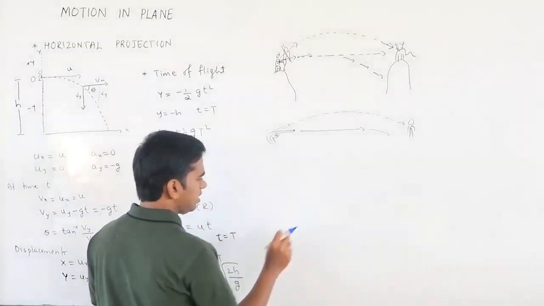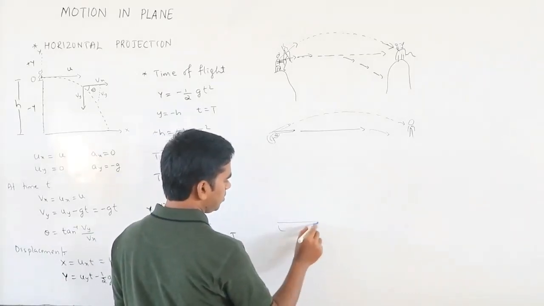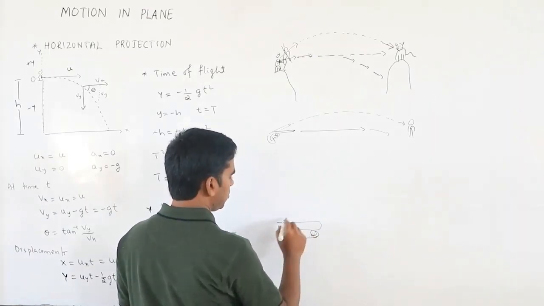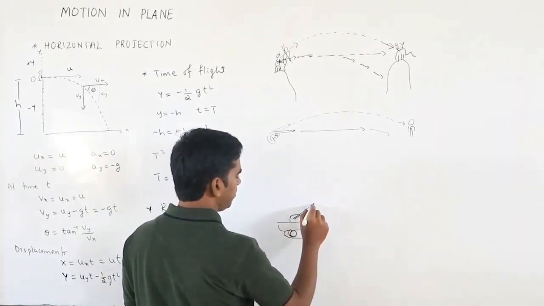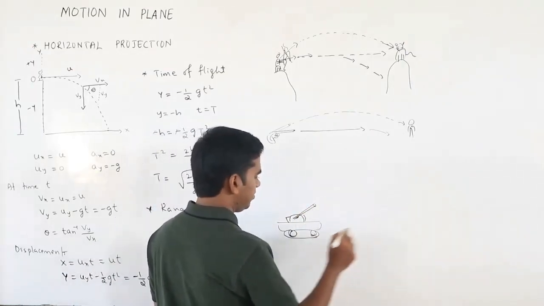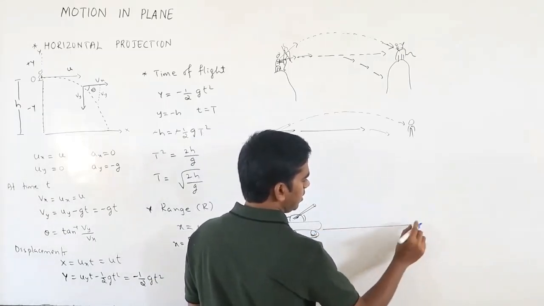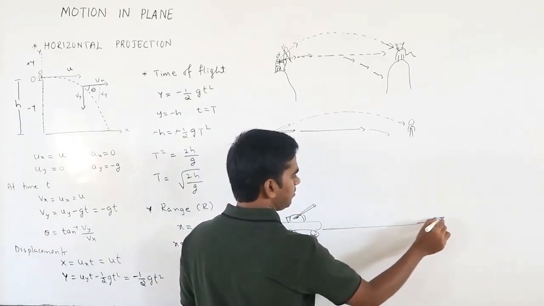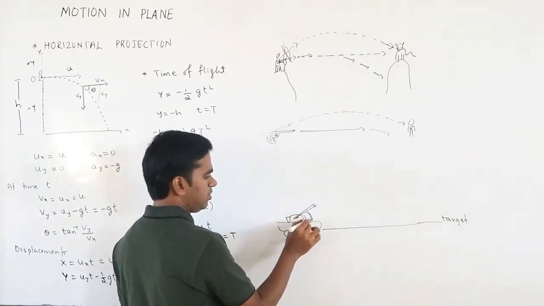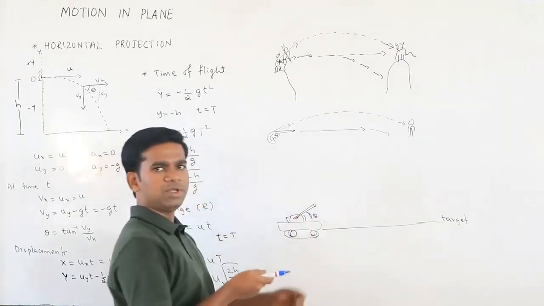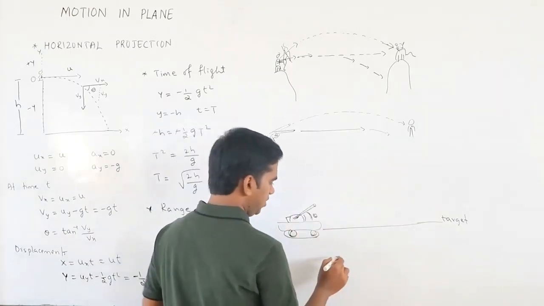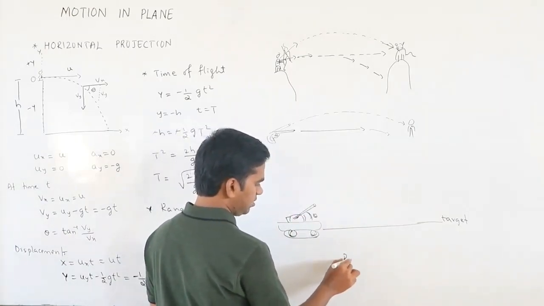A similar thing happens in defense also. Suppose you have bombs to project over here. Suppose this is your vehicle to project the bomb at some horizontal distance. If this is your target, it is always at some angle with the horizontal. They cannot simply shoot in a straightforward direction. They should have some angle, because we know that the horizontal range is equal to